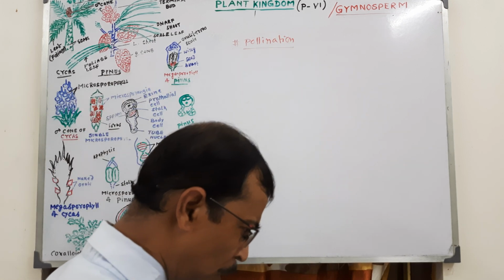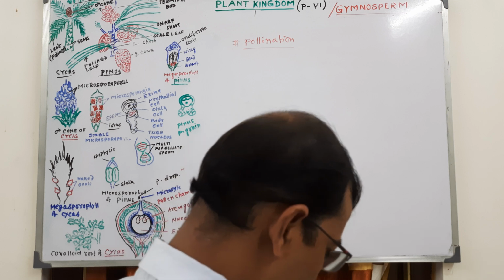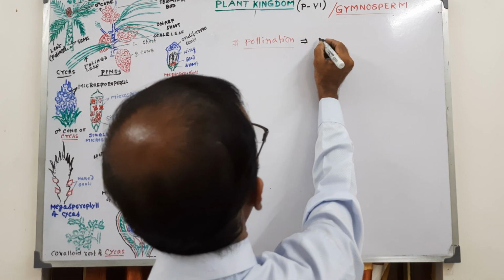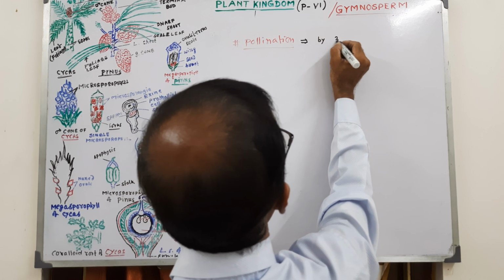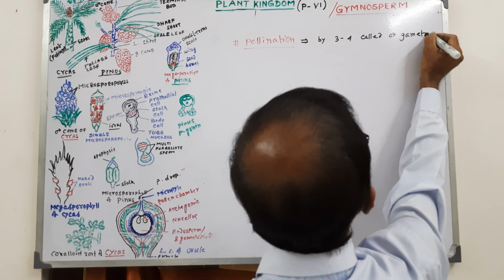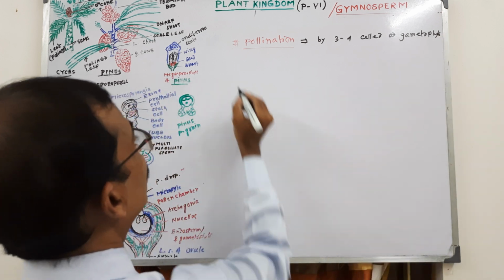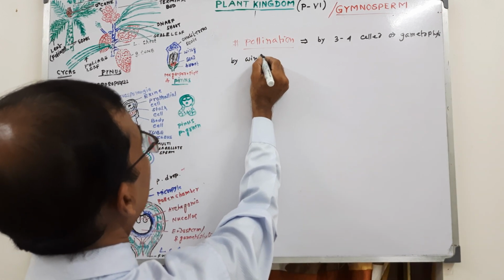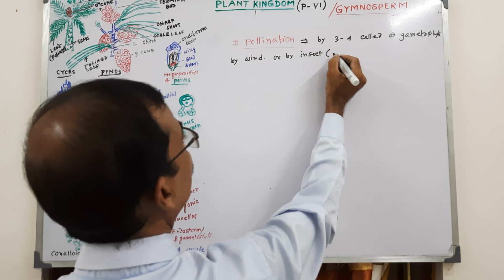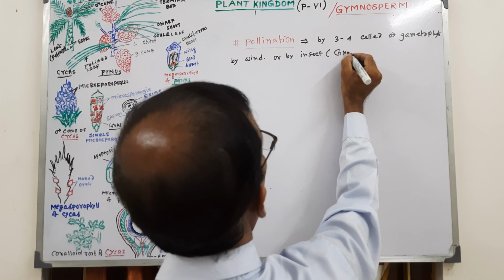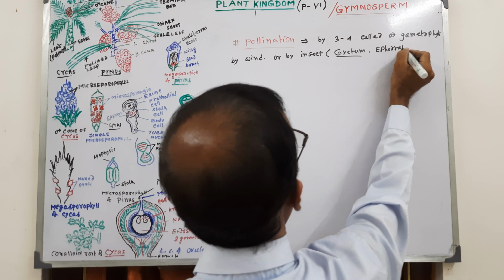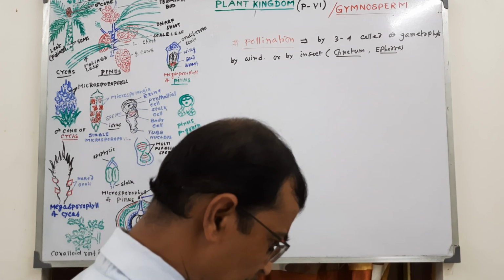Pollination occurs at the 3 to 4 cell stage, by a 3 or 4 celled male gametophyte, by wind in most cases, that is anemophily, or by insect in Gnetum and Ephedra. Okay, and in Pinus,